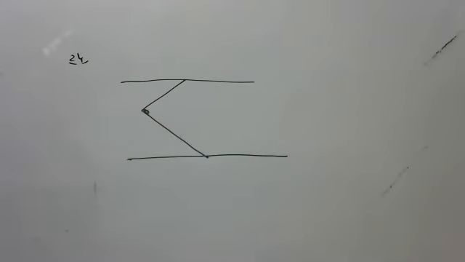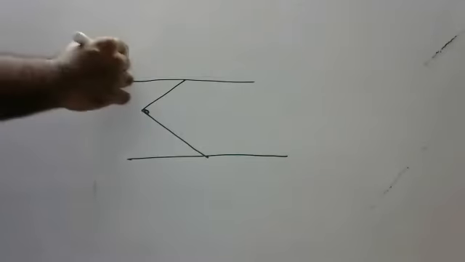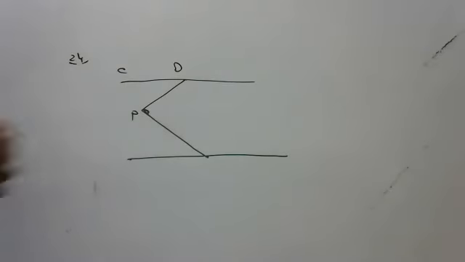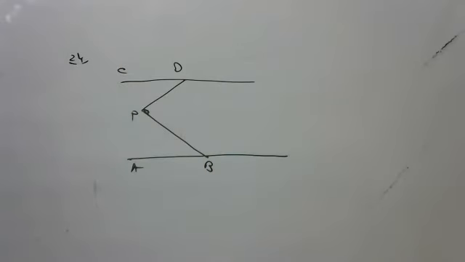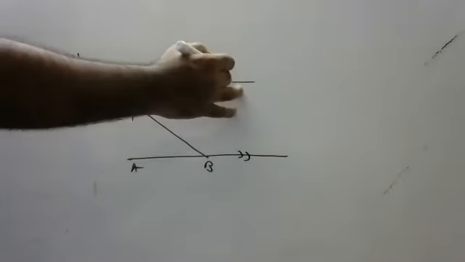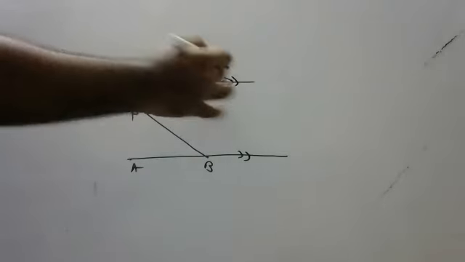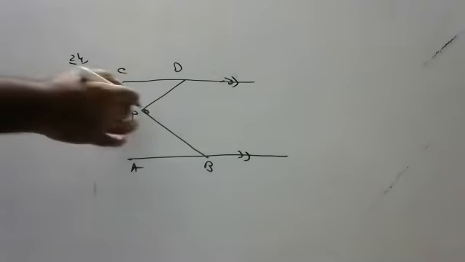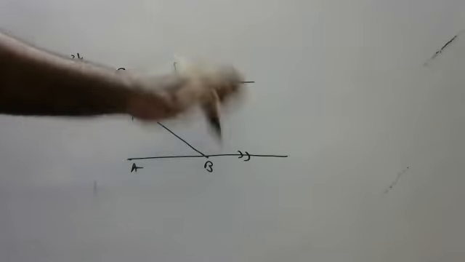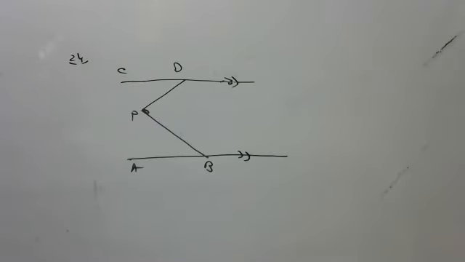CD parallel to AB. Okay. Lines AB and CD are perpendicular, children. He said line AB and CD are perpendicular, and parallel, and P is a point as shown in the figure. Children, this is point P. These both are parallel. Parallel will be represented with two arrows, children, or three arrows. Show that ABP plus CDP is equal to DBP.